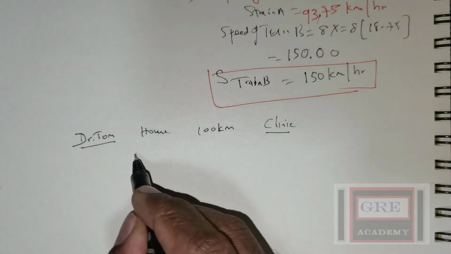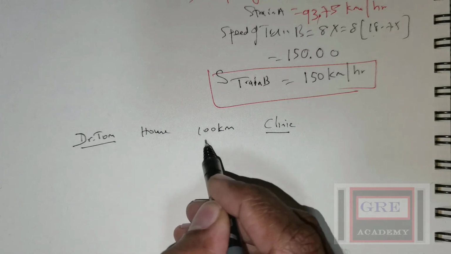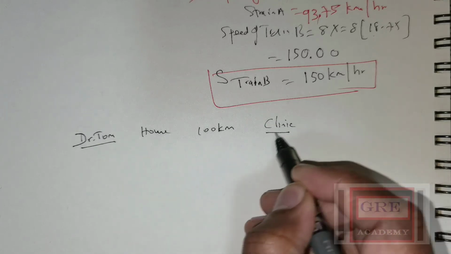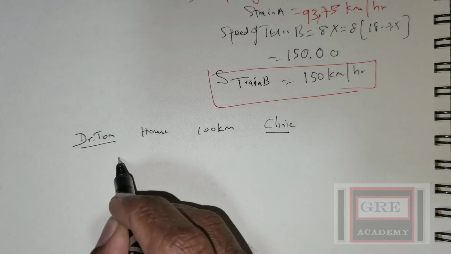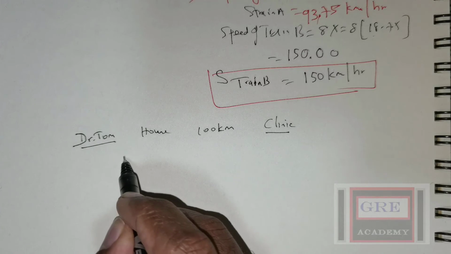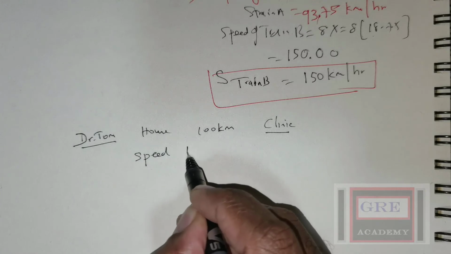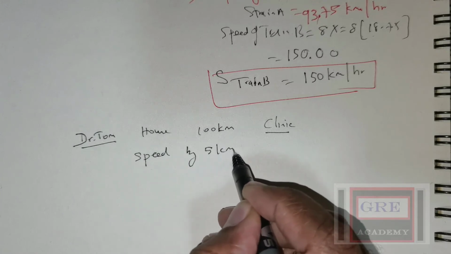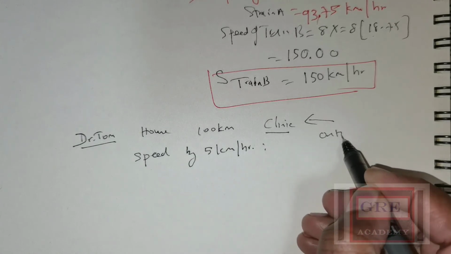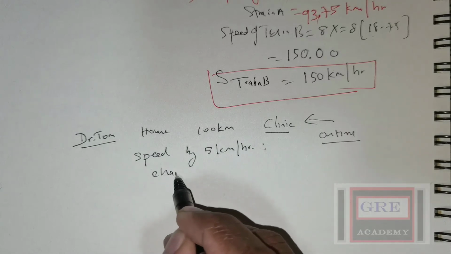Now every day he gets up at a certain time, and with that certain time he is able to reach his clinic on time. Now this particular day he gets up 1 hour late, and because of that he has to increase his speed by 5 kilometers per hour and still manages to reach his clinic on time. So the question wants us to find the change of speed,